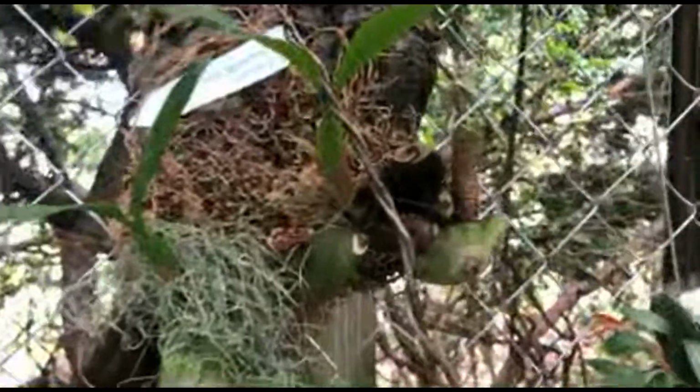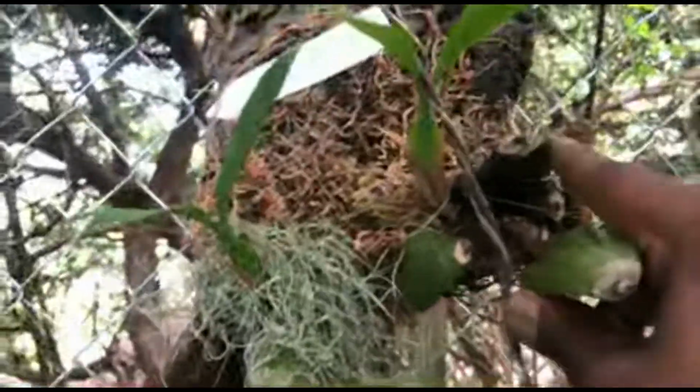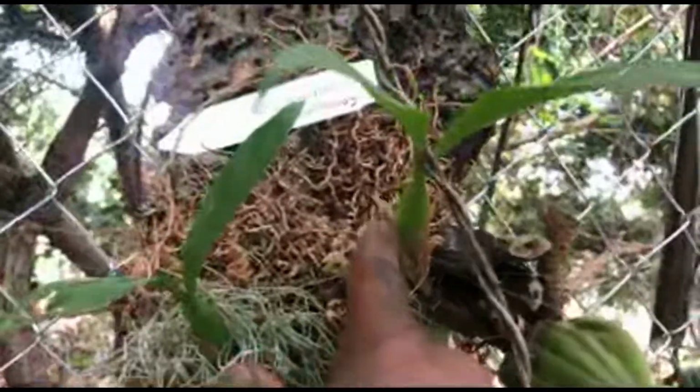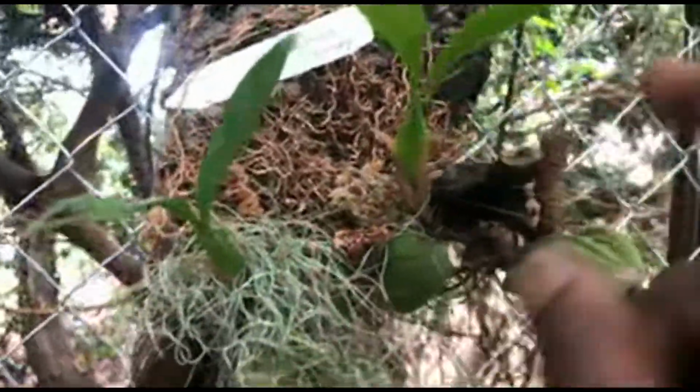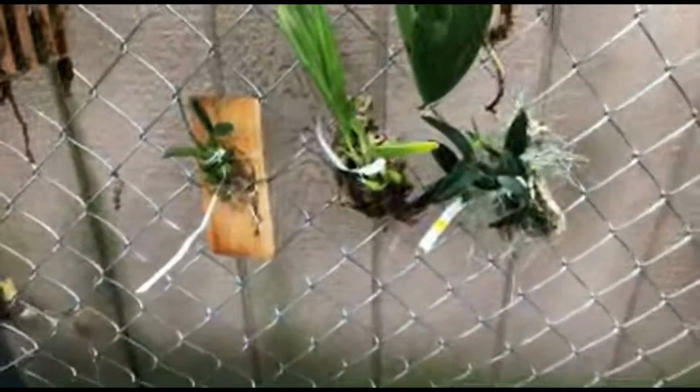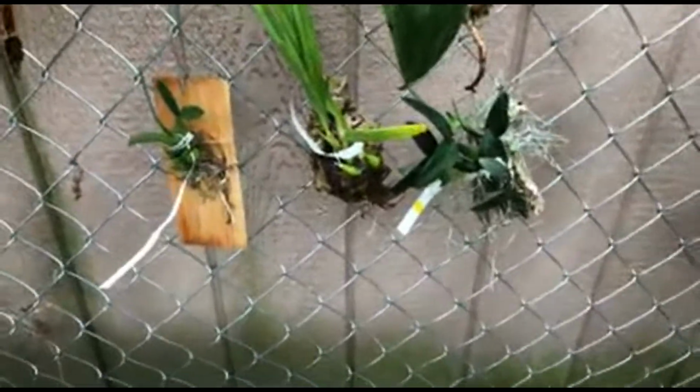So this is my Pandorata, which, again, I almost killed, but it recovered, and it gave me these 2 little growths. At least they survived. So maybe next year I'll get bigger, hopefully. There's not really much. Okay, these are 3 of the plants that I got, my imports. This one right here for sure, which is Prosthechea